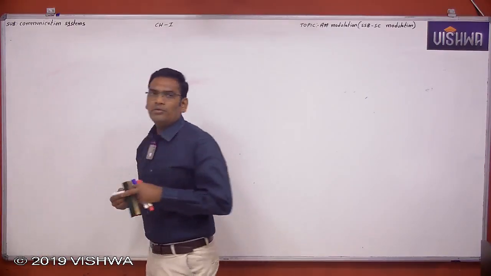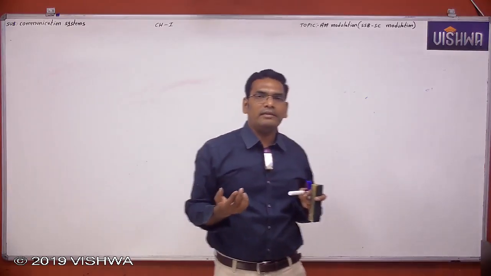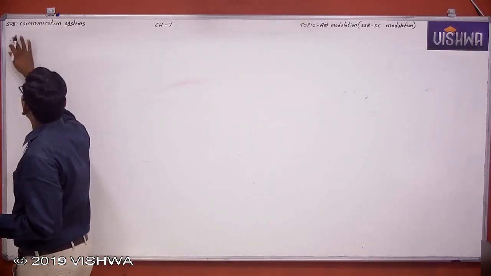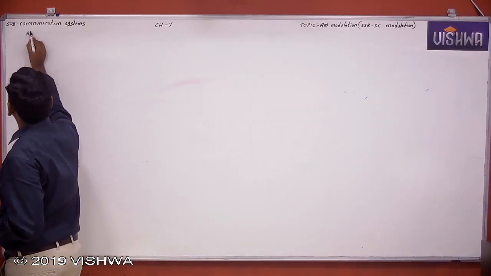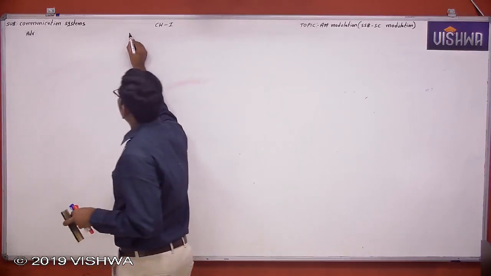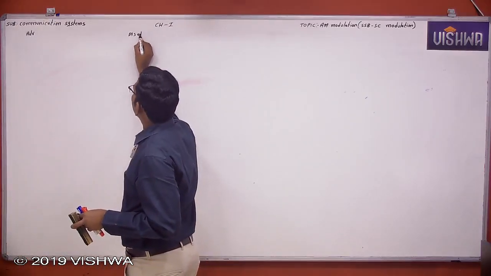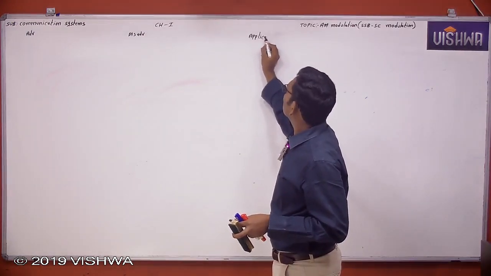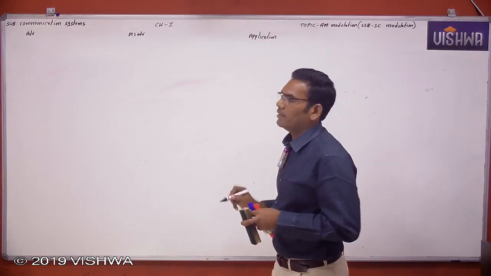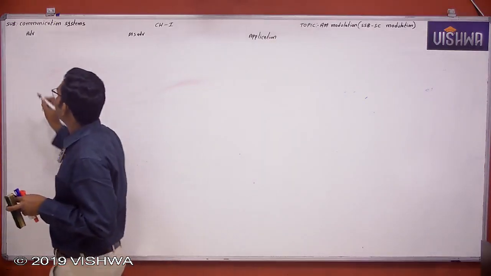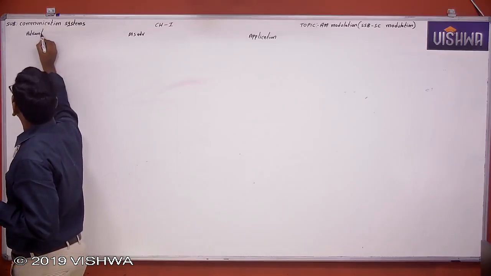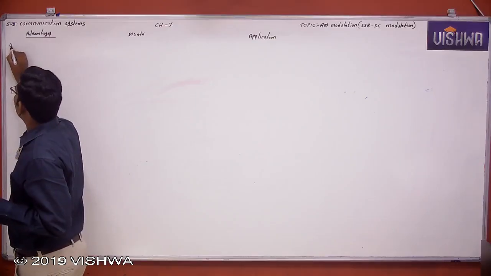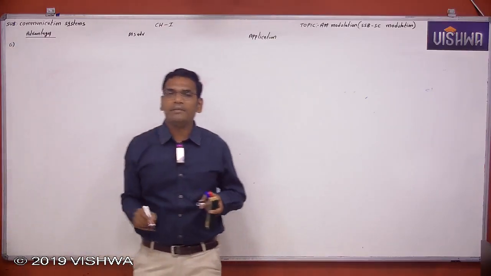Now you know the modulator, the demodulator, and what the SSB-SC modulation technique is. Then we will start with advantages, disadvantages, and applications. This is the end of any modulation technique, the procedure we follow. Now first we will see the advantages. Tell me, what are the advantages? You observed a number of advantages. The main, very important advantage: